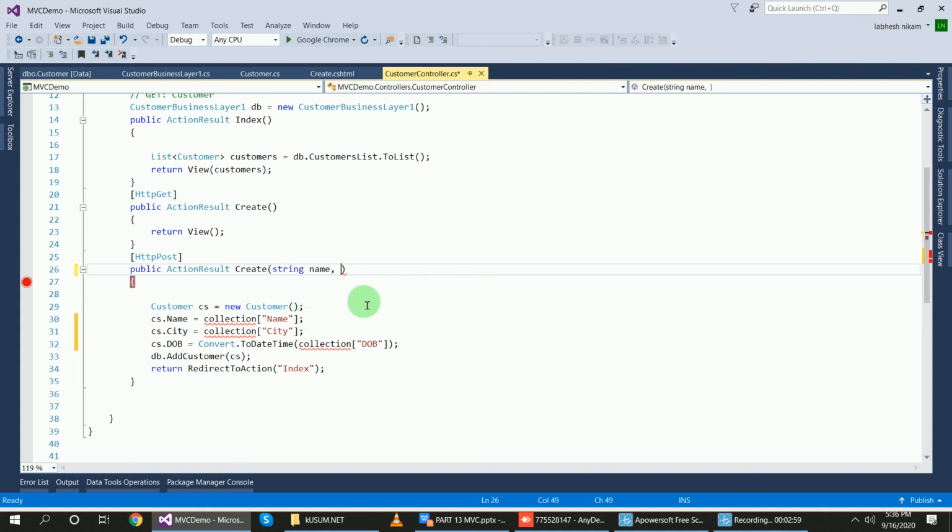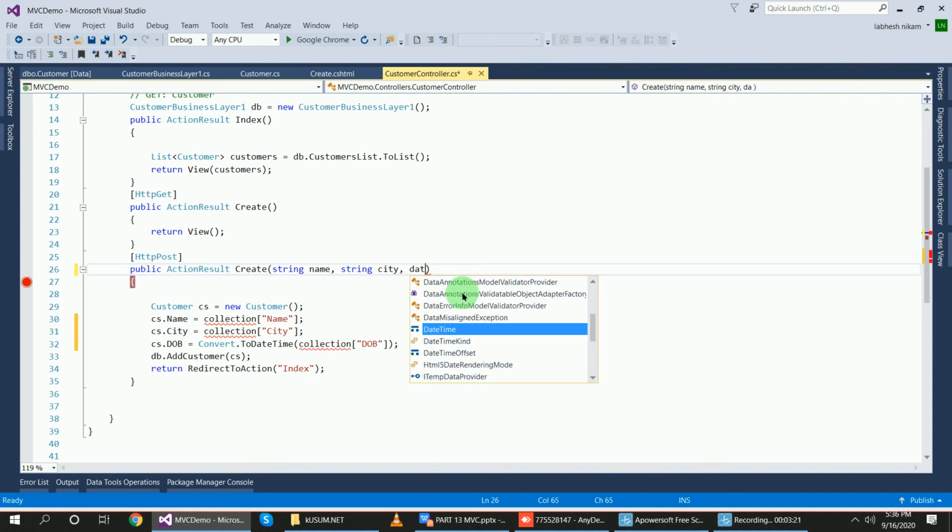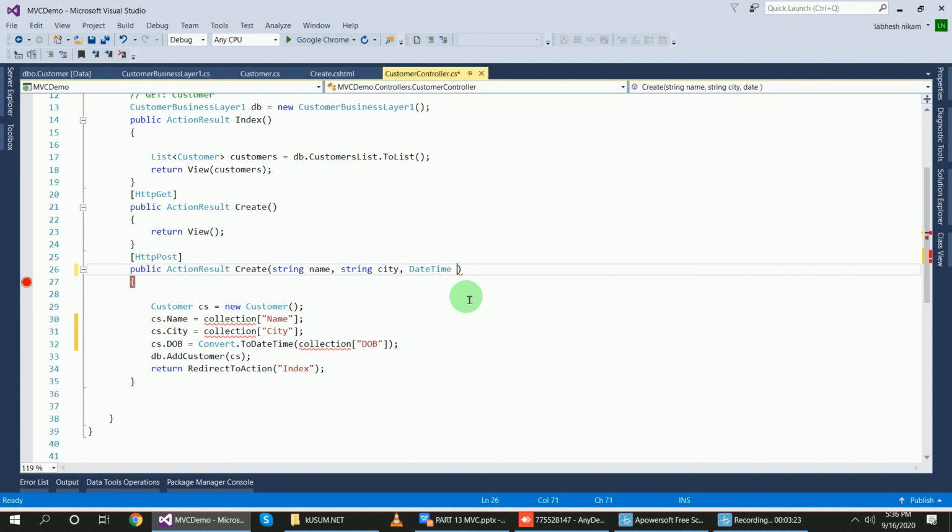So name, then string city. If these parameters do not match the given objects, then it will give an error. And date of birth, suppose it is DateTime, and the name is DOB, this one.